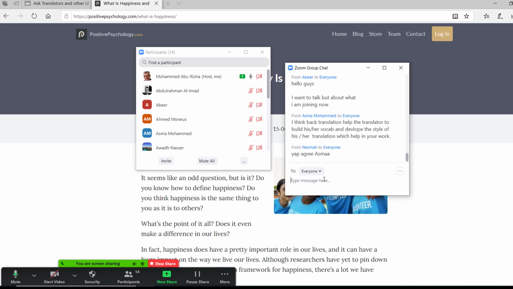Yes, I agree with you, and this goes hand in hand with what Ahmed Anas says about the structure, about the semantics of the sentence that you can learn. Both of them are there. Nesma agrees with Asma, and I agree with both of you, and I agree with Ahmed as well. But remember, it's not only the words, it's not only the style, it's also the structure, as Ahmed Mu'anis said. Who would like now to take the microphone and talk about this, or about anything else?